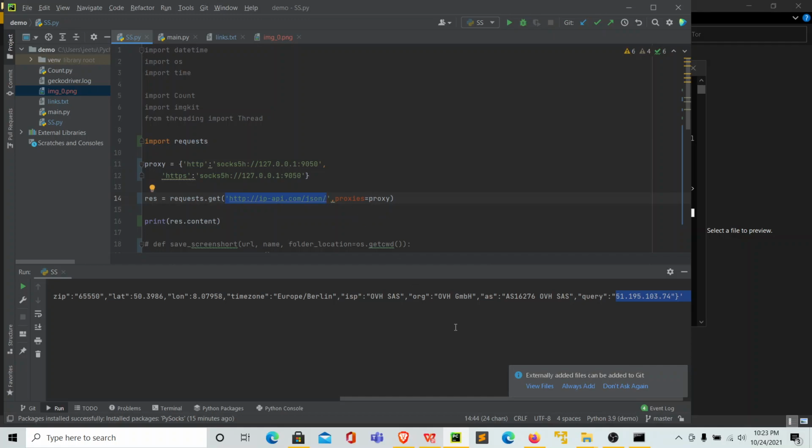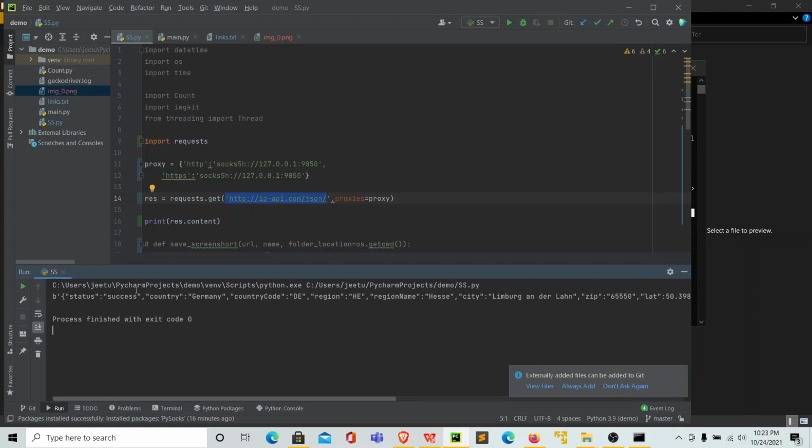This is how you can use this API to get the response in JSON form and check whether your proxy is working fine. If in your country you get India, for example, I'm living in India, so for me I would get India, and in my region something like Ahmedabad, then the proxy might not be working for me. You will have to check that, and then you can move on.